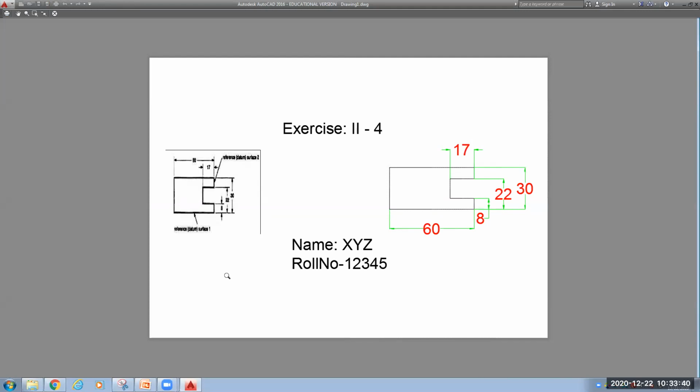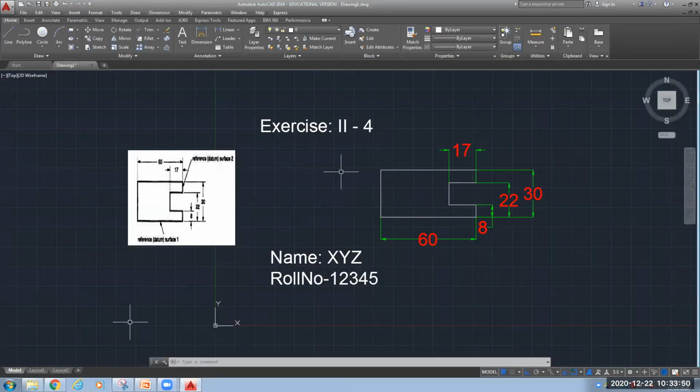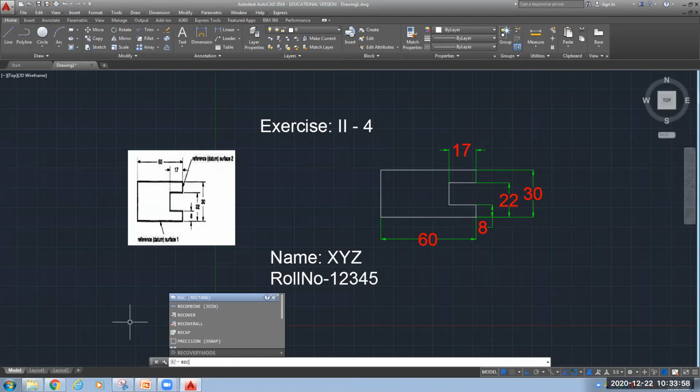Okay. If you want to give a margin also, suppose you want it to look beautiful, so I want to give the margin also. So let's draw a rectangle. Okay. For rectangle, the command is REC. REC, rectangle. I want to draw a rectangle. Press enter.